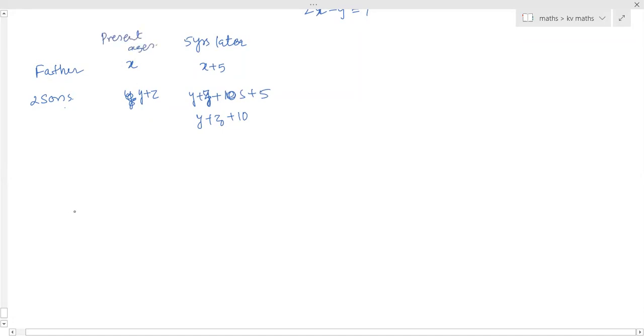Okay, thank you, ma'am. Then father's age is 3 times his children's age. So X is equal to 3 times of Y plus Z. Or consider this as Y only. Anything you call this, but this thing is one term. And after 5 years, his age is twice the sum of ages of children. So his age after 5 years, X plus 5, is equal to twice Y plus Z plus 10. So this is 2 into Y plus Z plus 20. Or here consider as Y only, otherwise it will be difficult for some of the children.